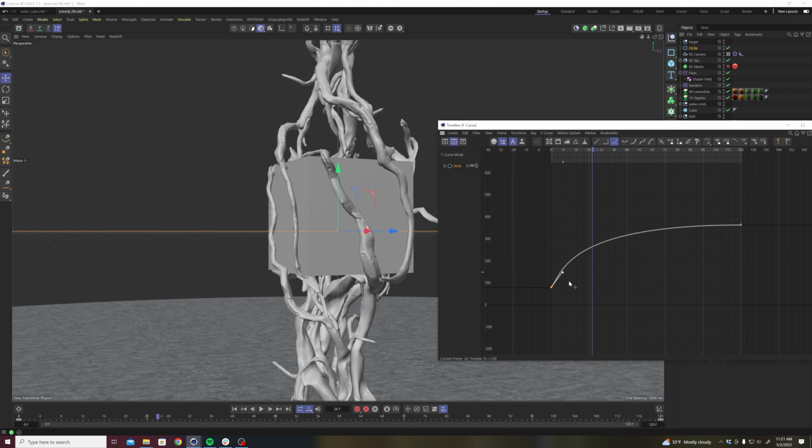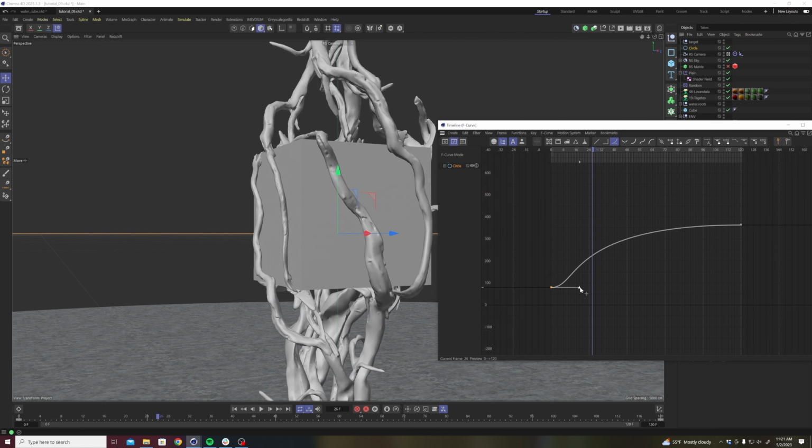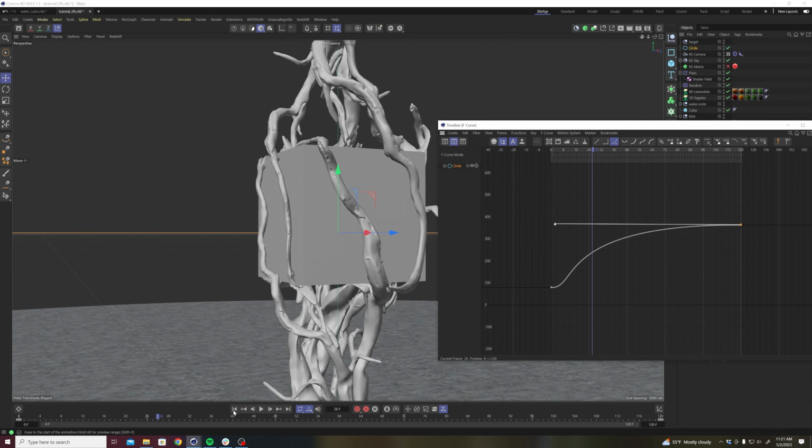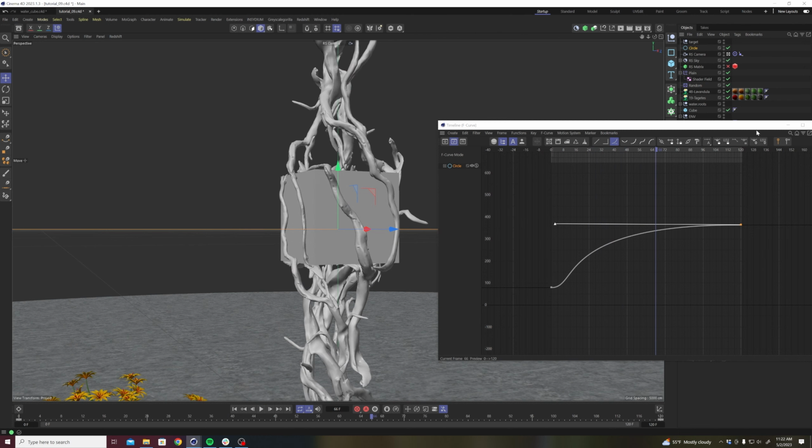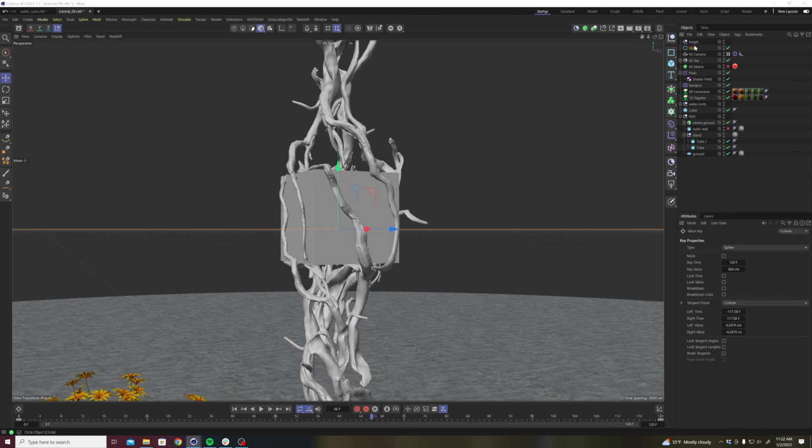Maybe we give it just a little bit of a ramp up, so it starts a little slow and then gets faster. That feels a little better. Okay, cool. And then the next thing we want to do is animate its position on the